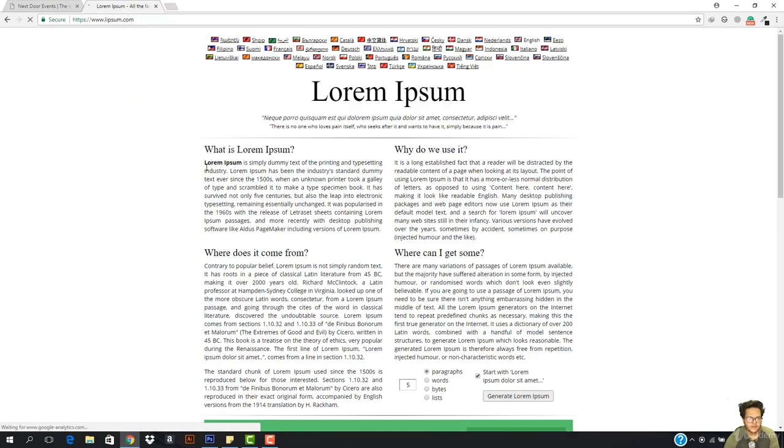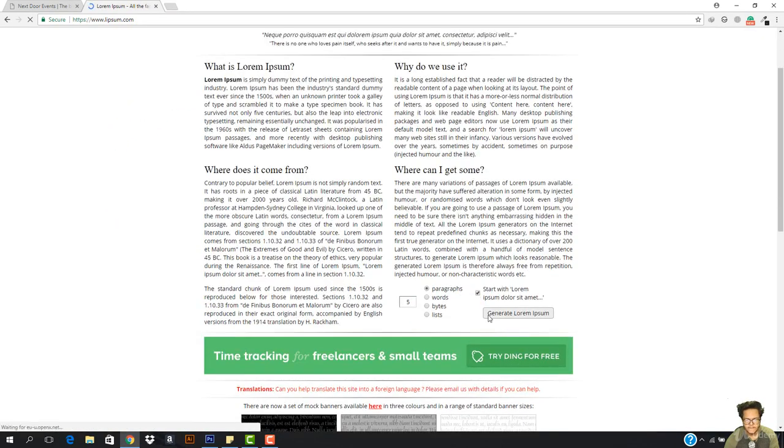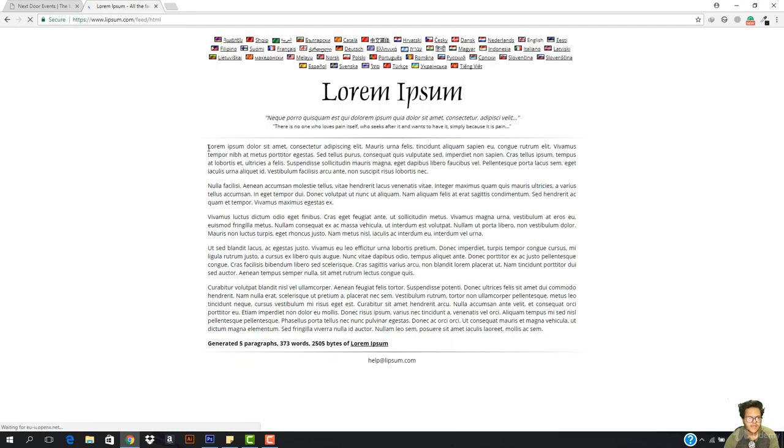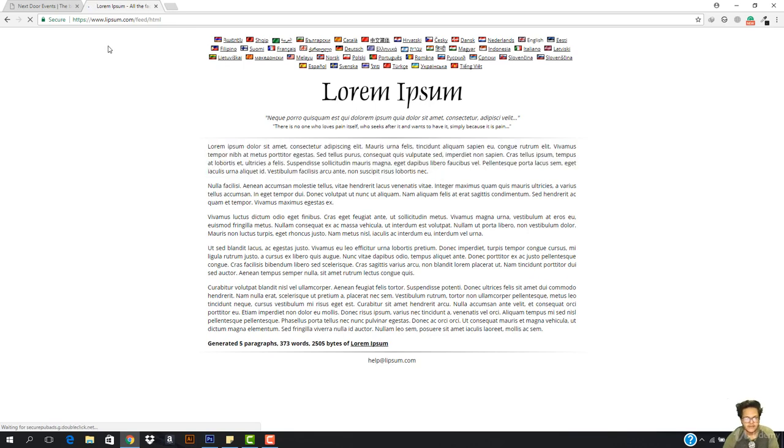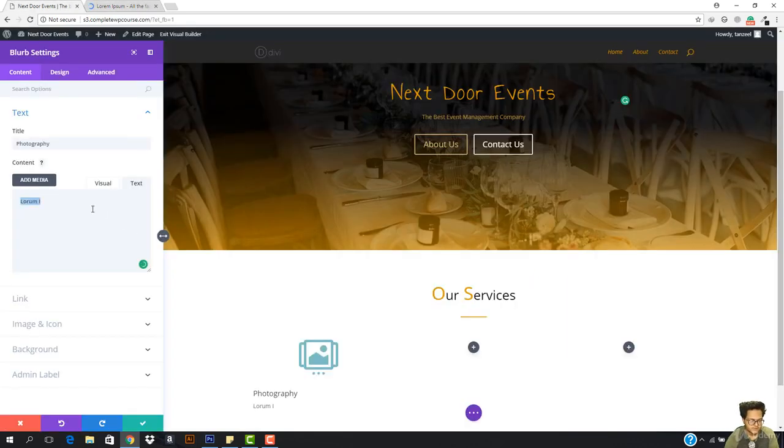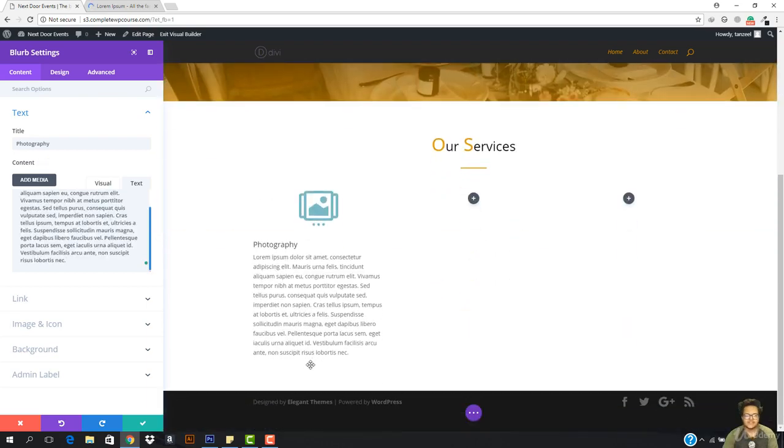I'm gonna come here, and I'm gonna copy. So I'm gonna hit generate lorem ipsum, and here I have the lorem ipsum. So I'm gonna come here, I'm gonna copy this right here, and let's see how much we want. So I'm gonna paste it right here. So this is basically used for demo purposes, when you want to create a demo based website. Okay, I'm gonna come here, I'm gonna decrease it a bit, I'm gonna remove till this, till here,